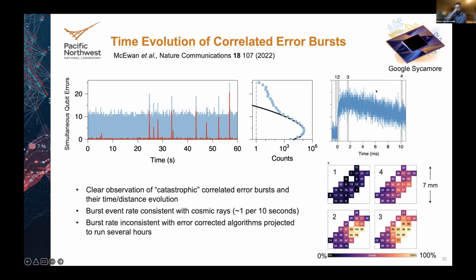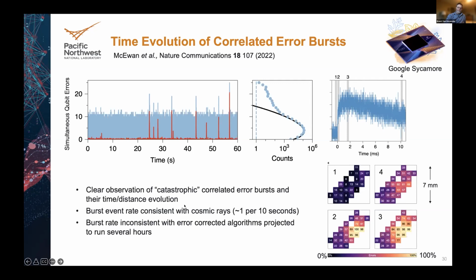And then they show you also the time evolution of one of these, and you can actually start to learn about the microphysics. So in each one of these gray slices, 1, 2, 3, and 4, they actually show you the map of where the errors happen. And so going around these images in the bottom right, you start at time 1 before the event, very low error rate. You see a spike in errors around the middle right in 2. It grows in 3, and then very slowly comes back to normal at this late time, 10 milliseconds later at 4.